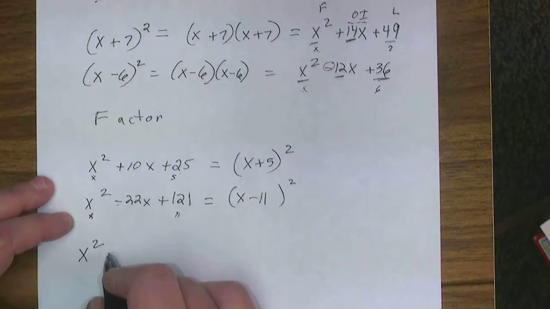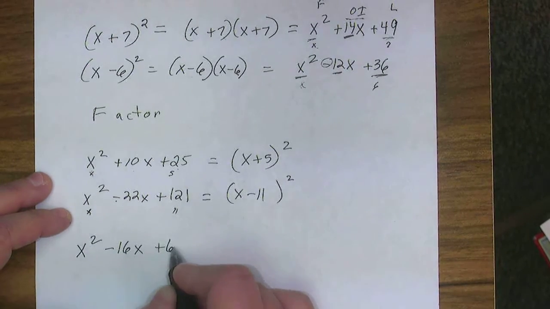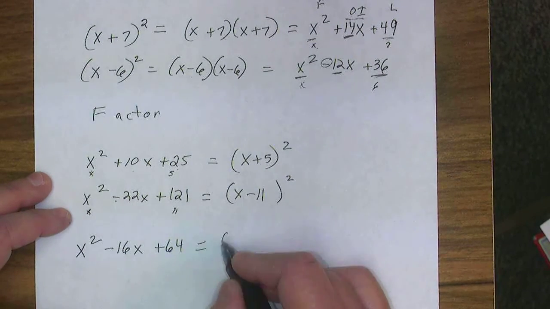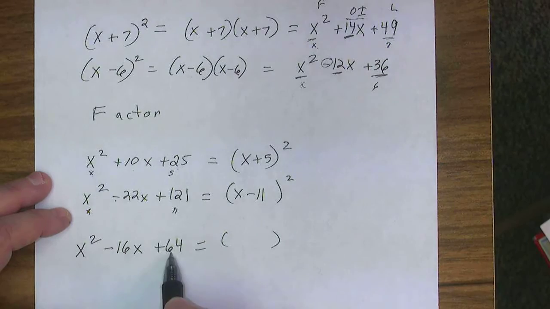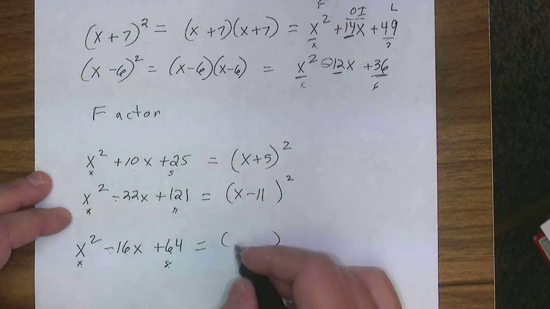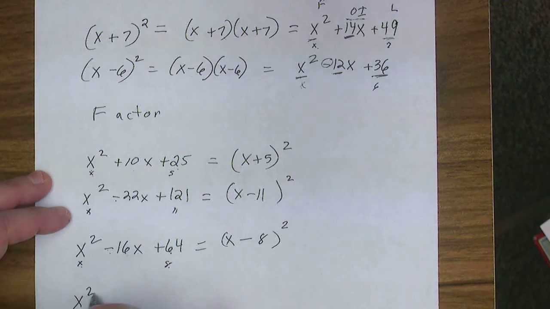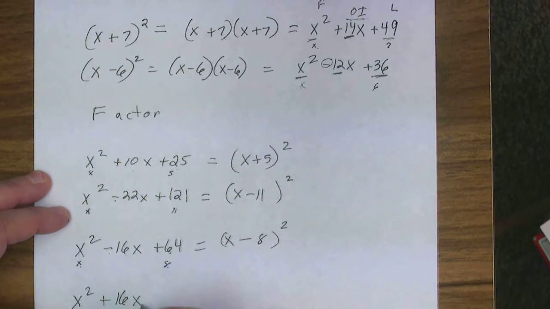x squared minus 16x plus 64. That's a perfect square. This is a perfect square. This is twice the product of 8x, giving you 16x, but this is a negative, so it's x minus 8 squared. If the middle term is positive,